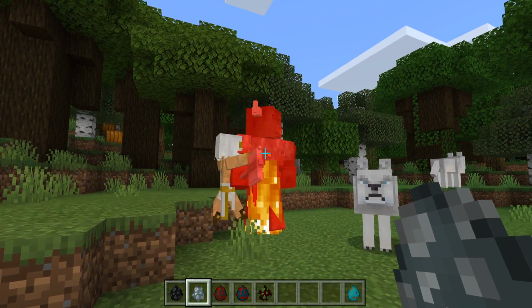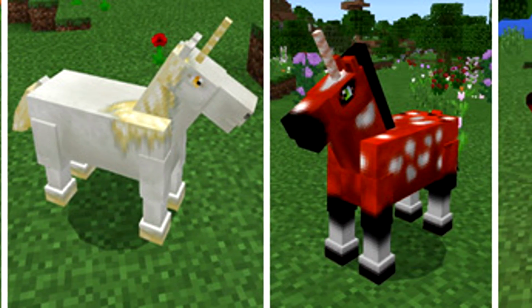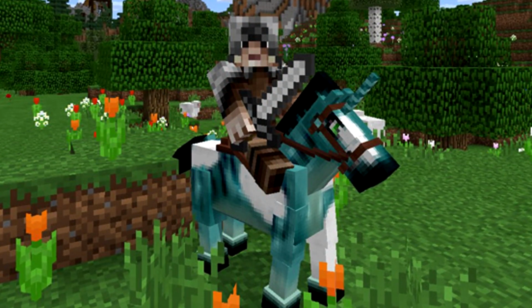For replacing the horses, you have the unicorns, which are basically just horses with horns, but they have some pretty cool colours to go along with it too. If you use a mob spawner egg and spawn them a couple of times, you'll cycle through a few different